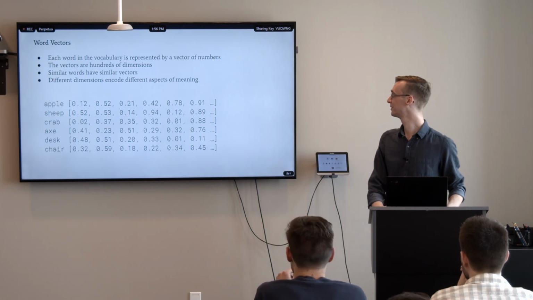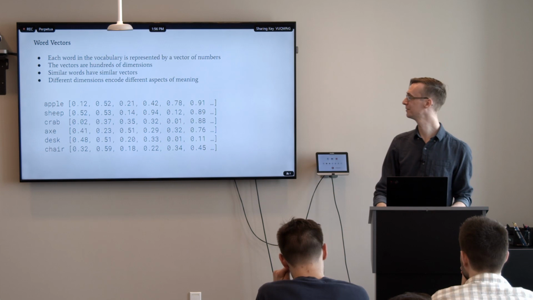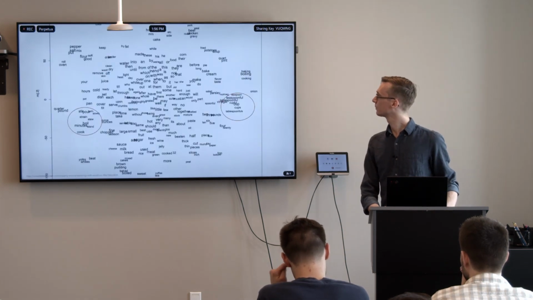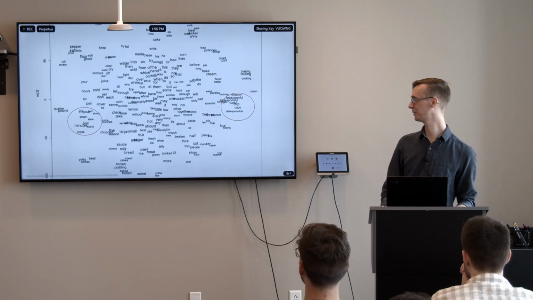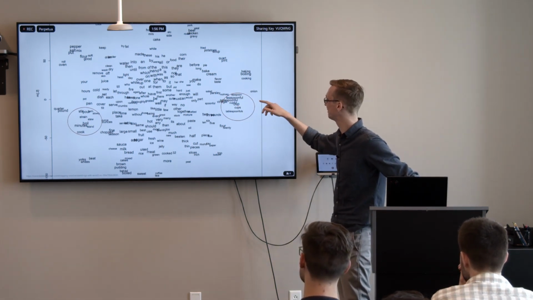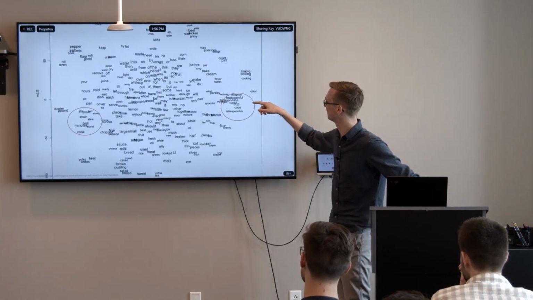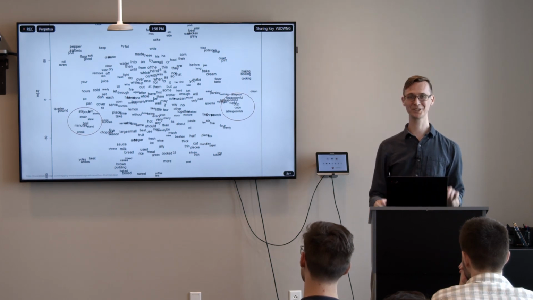But similar words have similar vectors, and it works really well. And different dimensions probably encode different aspects of meaning. Here is a two-dimensional down projection of an English model trained on word2vec. So here's a cluster of words. You have teaspoon, teaspoonful, tablespoonful, cup, cupful, cups, tablespoons full. So it learned that these words all mean the same thing based on